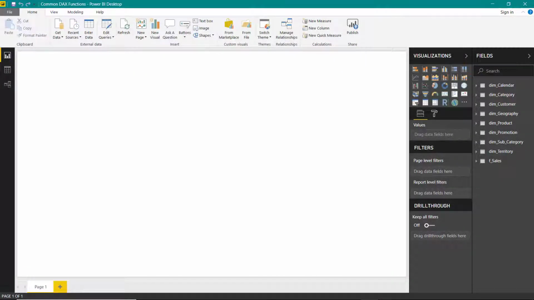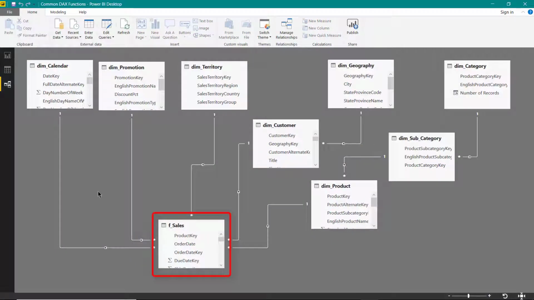Now, if you have noticed in all of the previous videos, we have used a single fact table which was called sales. So if I go to this diagram view, here you can see that this is the only single fact table which we have been using so long in this course. Now, in a real world scenario, there can be more than one fact table in a data model. So in this video, we will now import one more fact table into our data model, which is for the